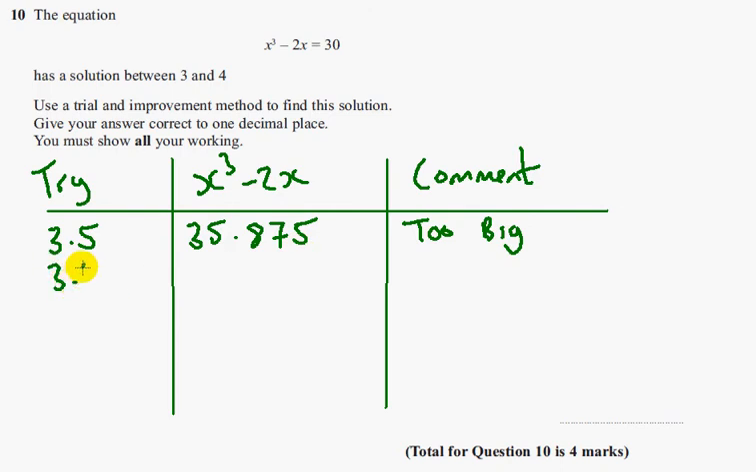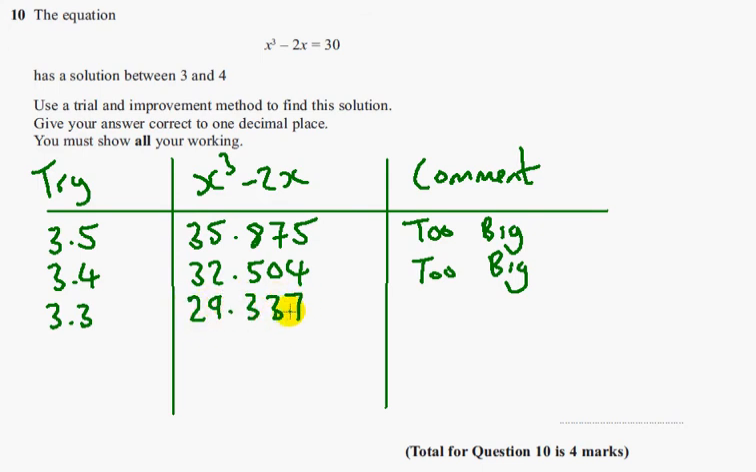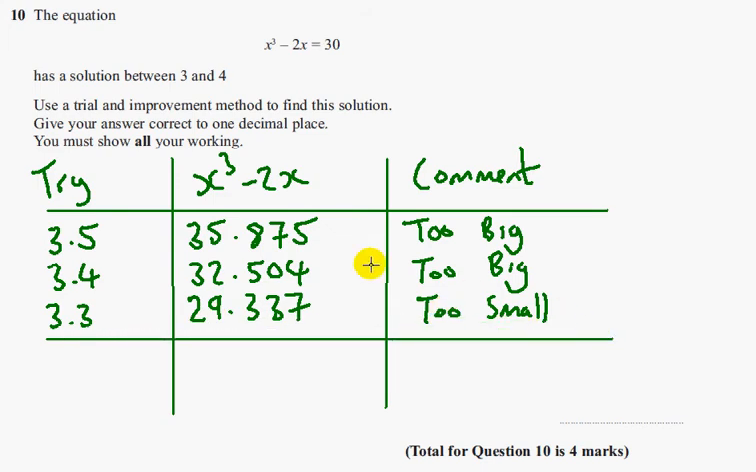So let's try 3.4. So 3.4 cubed minus 2 times 3.4 is equal to 32.504, which is still too big. So slightly smaller. Hopefully this is going to be too small. So 3.3 cubed minus 2 times 3.3 gives us 29.337. Too small. So we know at this moment that the value of x must be between